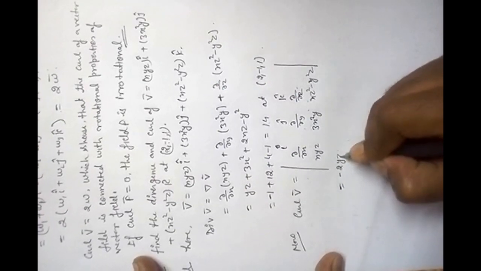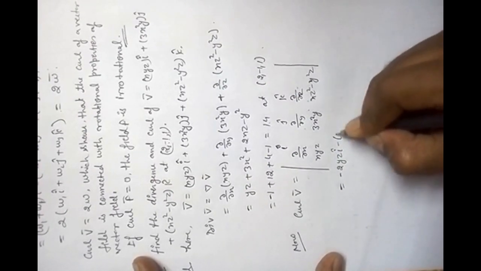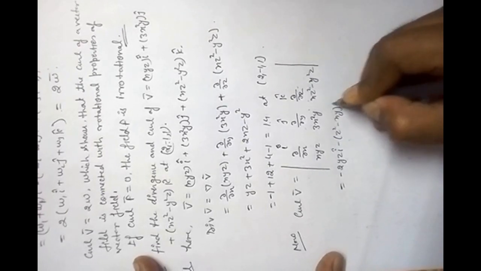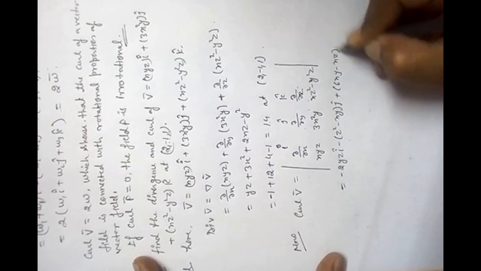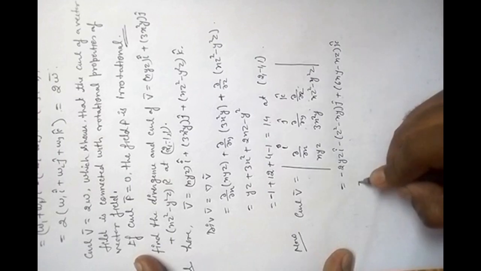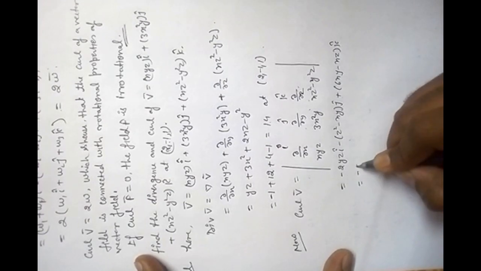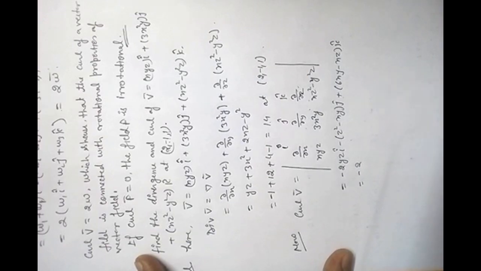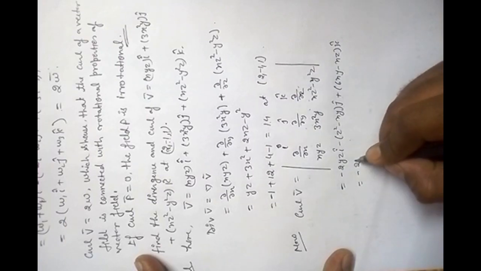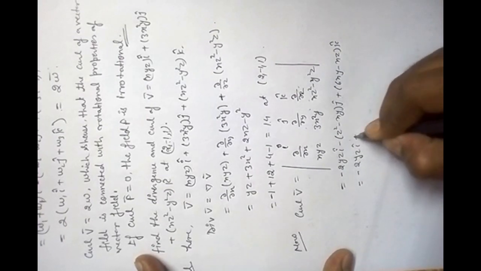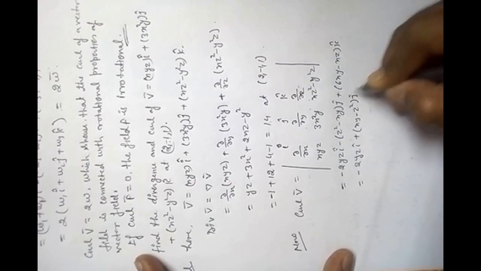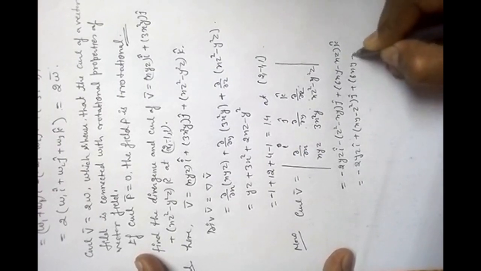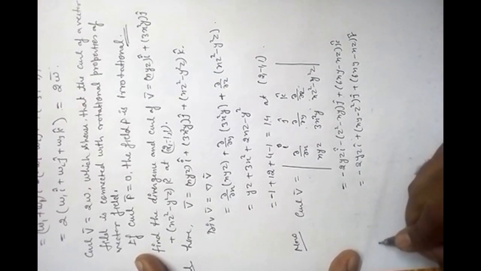Minus 2yz i minus z square minus xy j plus 6xy minus xz k. Okay, so minus 2yz i plus xy minus z square j plus 6xy minus xz of k. Curl